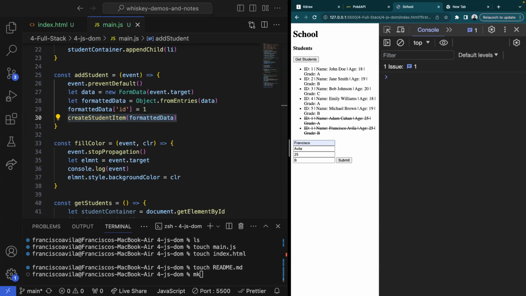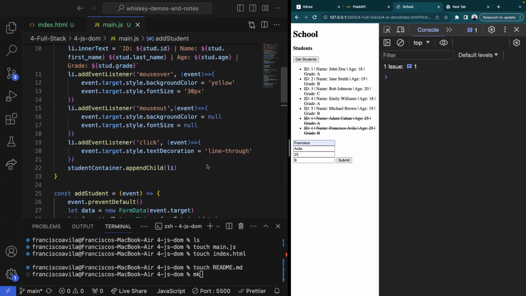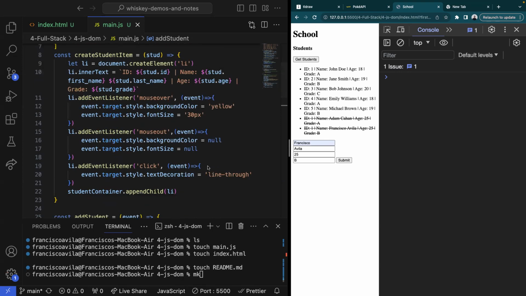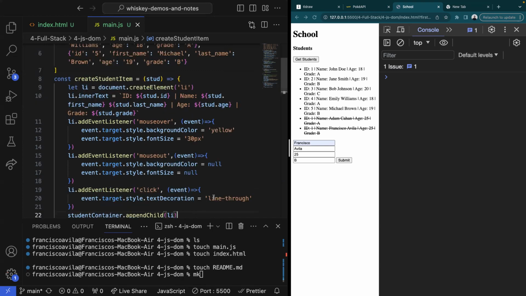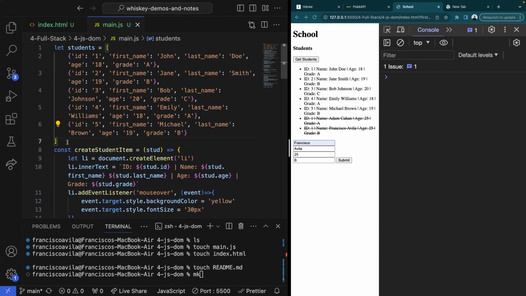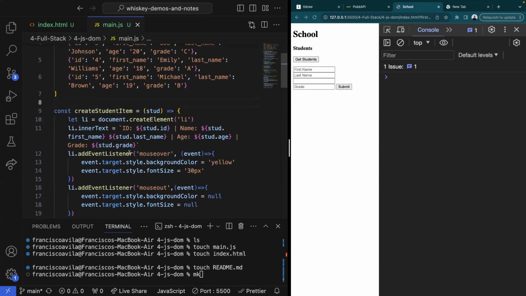I guess I might have missed it, but in the create a student function above add a student, where did we state that we're appending? I mean, I see where we're appending, but where's the student container still coming from? Is that because we still call it down in the bottom in our first